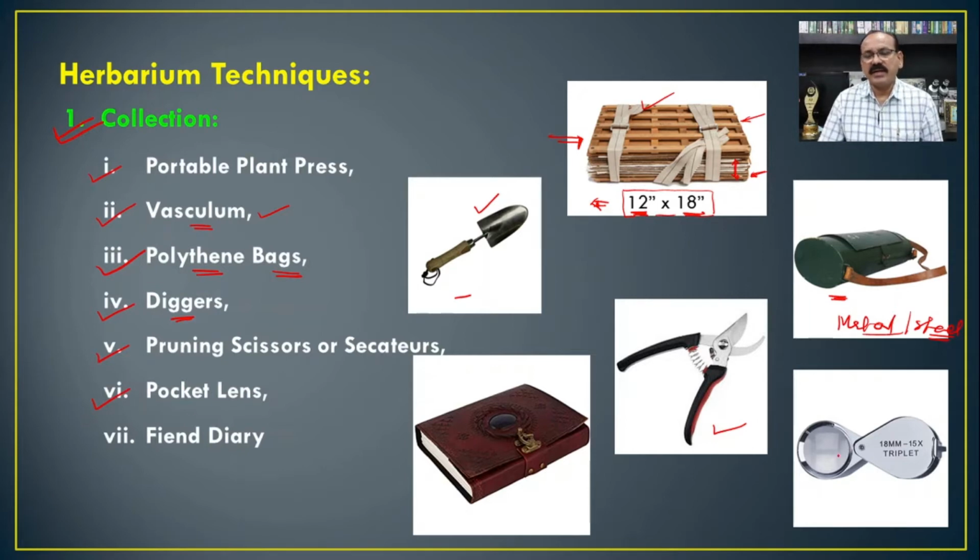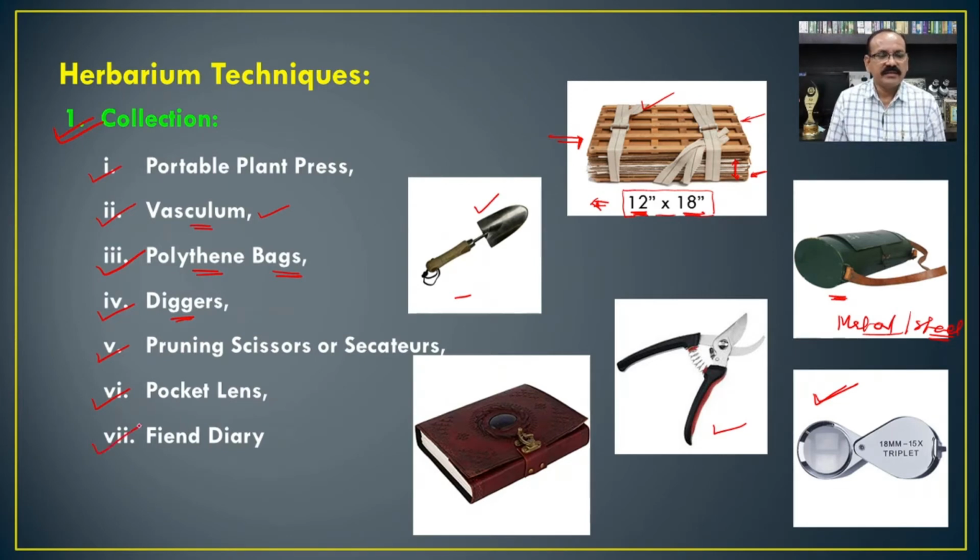In the market, there are many different types of pocket lenses or hand lenses, and such different types of hand lenses can be taken for the collection in the field, so that we will be able to know the characteristics of the plants when they are fresh and available in a natural condition, because such characters will be helpful in identification of the plants. We are not going to identify the plants in the field, and hence we have to note down these different characteristics of the plant in a natural condition,